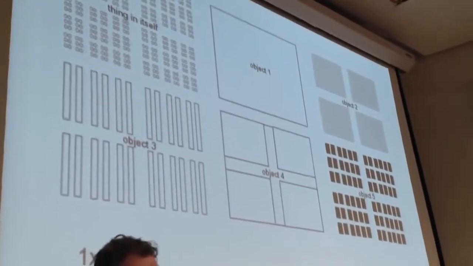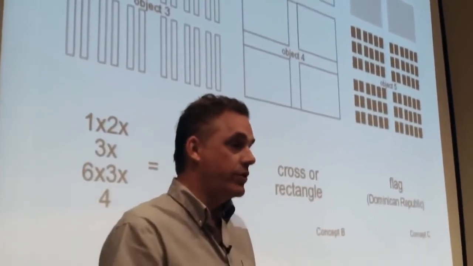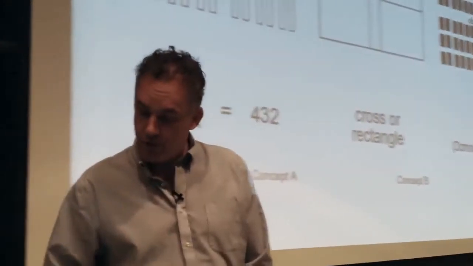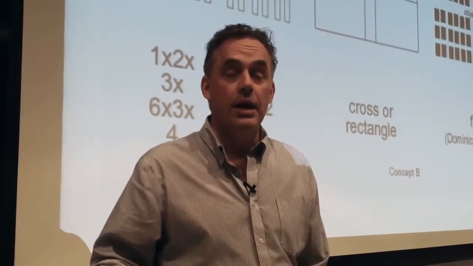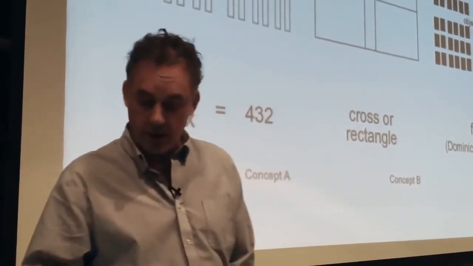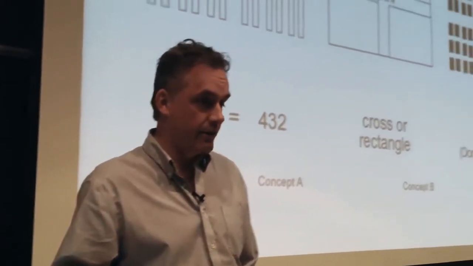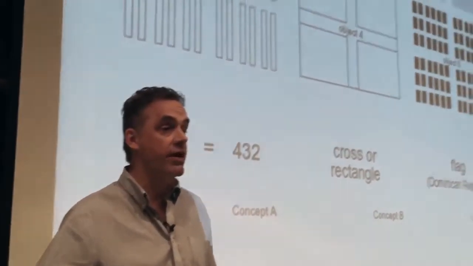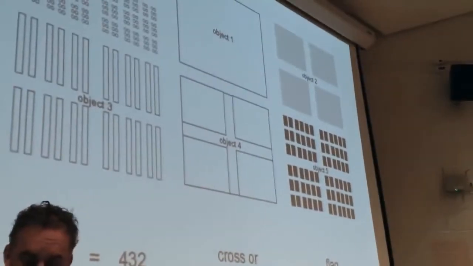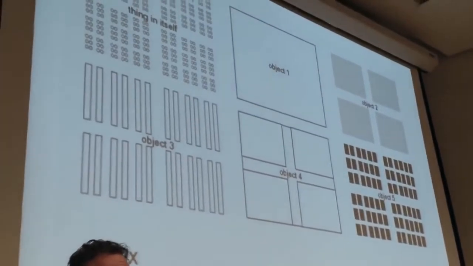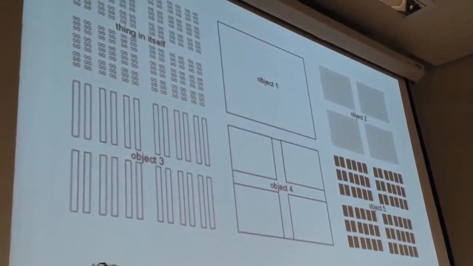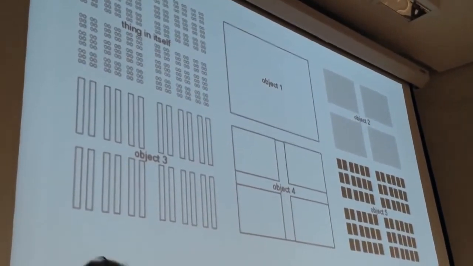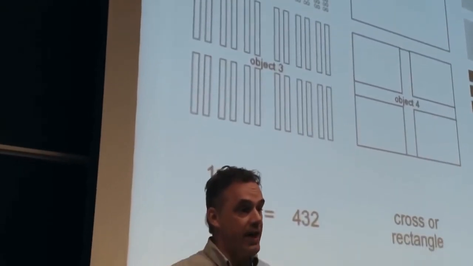And the answer to that, and this is a pragmatic answer, is it depends on what you want to do with your perception. So if you want the highest resolution that captures as much detail as possible, then you want something as close to the thing in itself as possible. So that'd probably be object 5 there. If you want to know the rough area, let's say that's a map of an orchard, you might think about object 1. If it's an orchard from the top, and you want to walk from north to south, you might want to think about it in terms of object 3. Those are different ways you can perceive that object.